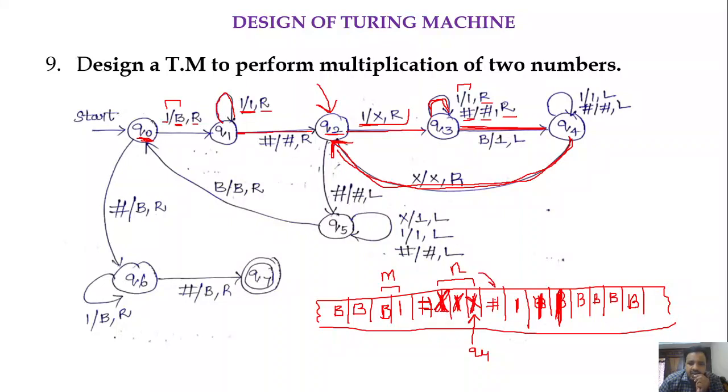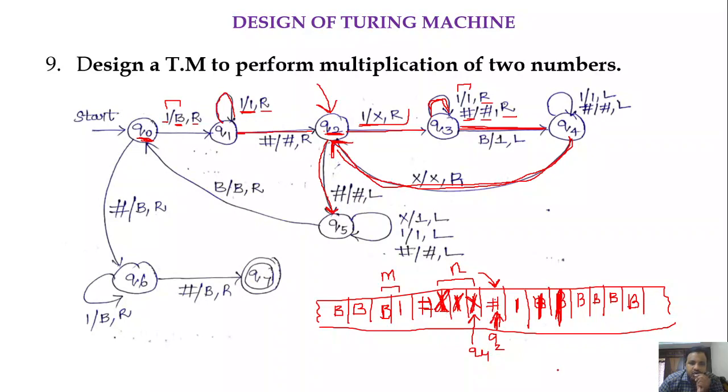Okay, see here, we will also move from state Q4 to Q2. So now we are in Q2 and we got a hash. Whenever we get a hash in Q2, it indicates that the copying of n symbols has been done. The copying has been completed, so that is indicated if we get a hash in Q2. That's why we have a transition from Q2 on hash towards the state Q5.